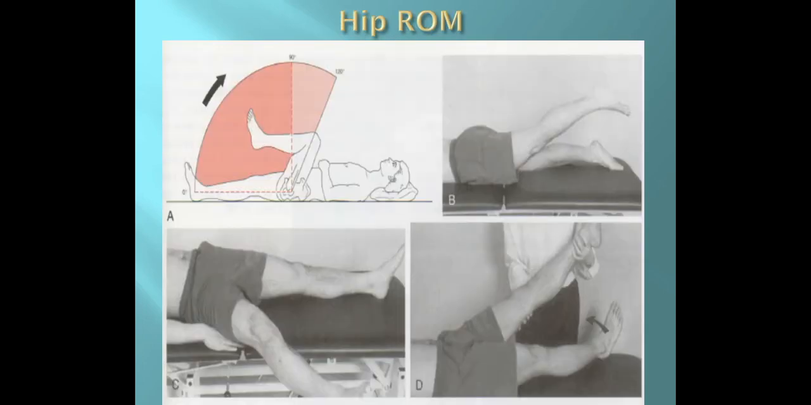So this is the picture showing hip range of movement. In picture A we can see hip flexion movement. In picture B we can see the patient is in prone position, performing hip extension movement. In picture C the patient is in supine position and performing hip abduction movement. In picture D the patient is again in supine position, performing the hip adduction